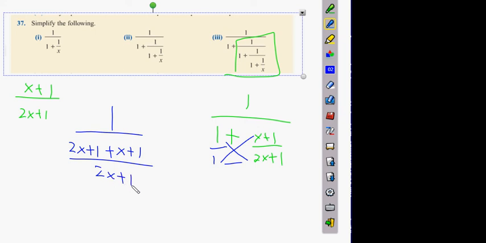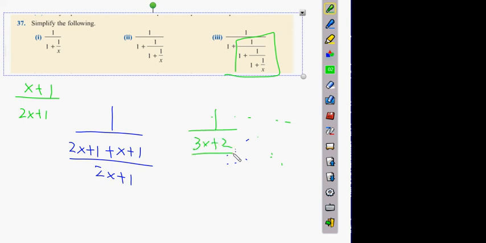And on the bottom, what happens? What's 2x plus x? 3x plus 2 all over 2x plus 1. What's the final answer? Okay guys, so what I did there